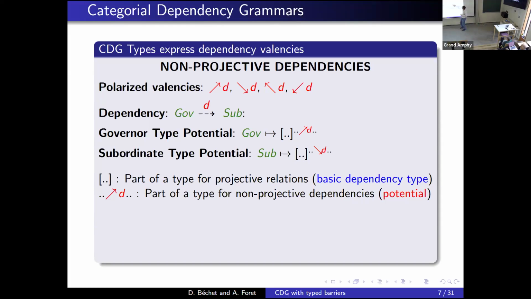As you can see, in a type, there is an element up on the top of the type, and we have only the positive valencies or the negative valencies, and no more question of what is a head and what is an argument. So it's kind of something which is more liberal than the part corresponding to projective dependencies.